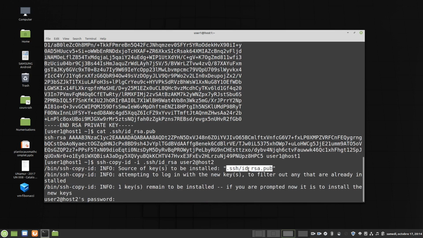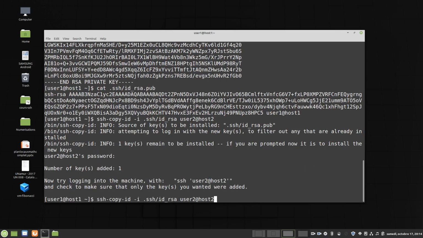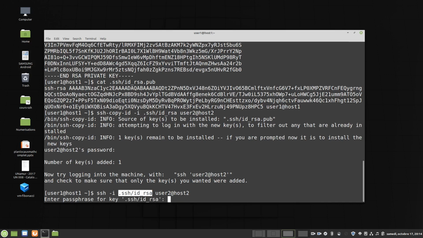You see here we are sending the public key to user 2. We need the password of user 2, and now we can connect using the private key to user 2.